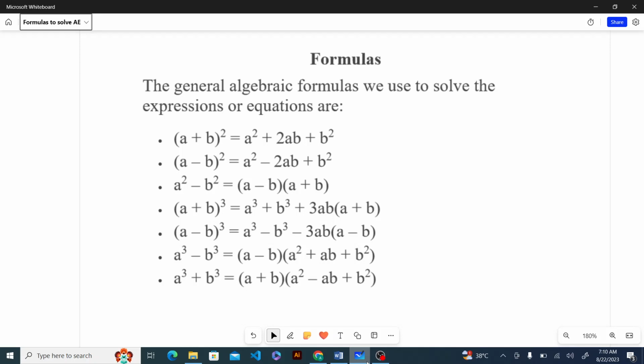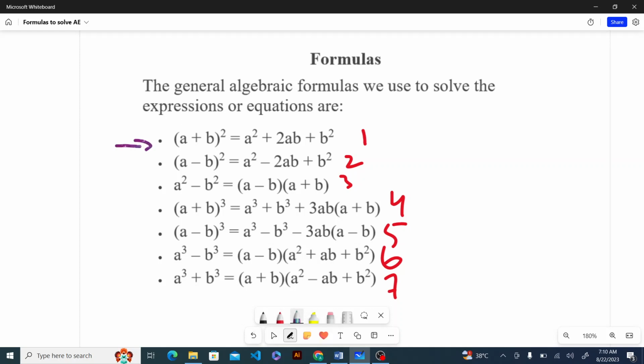Today's topic is really very easy because today I am going to tell you the formulas which are used to solve algebraic expressions or equations. So basically there are some formulas. Let us count them: 1, 2, 3, 4, 5, 6, 7. So basically there are 7 formulas to solve algebraic expressions or equations. Okay. The first one is